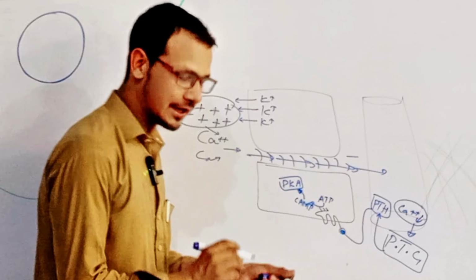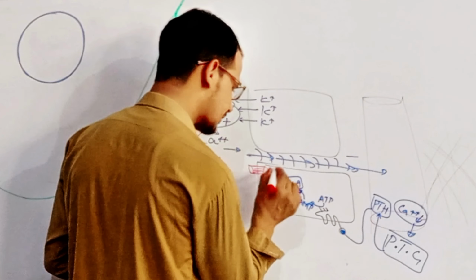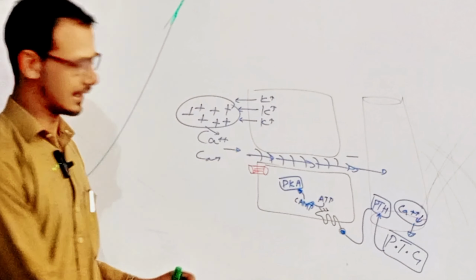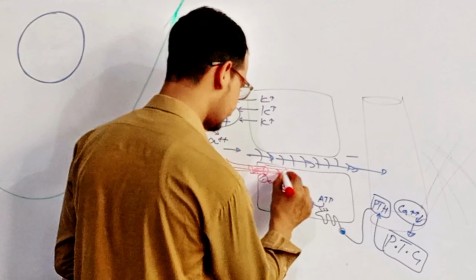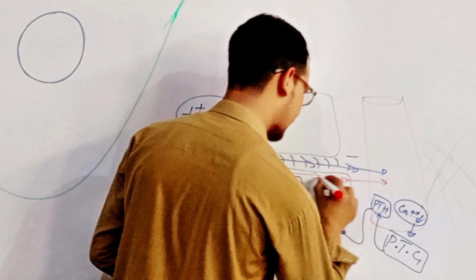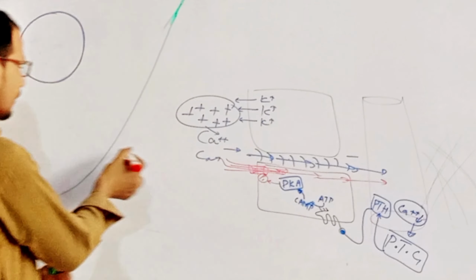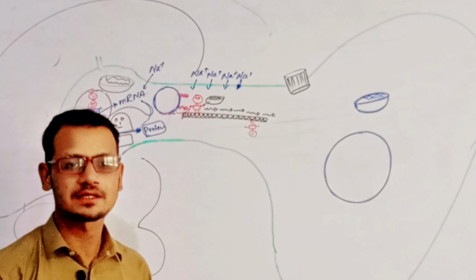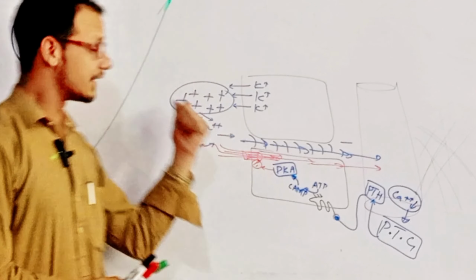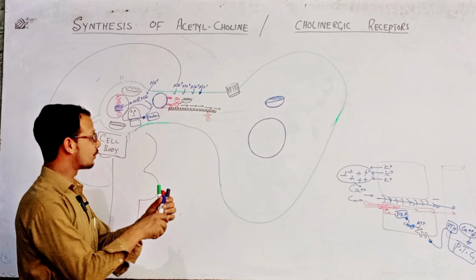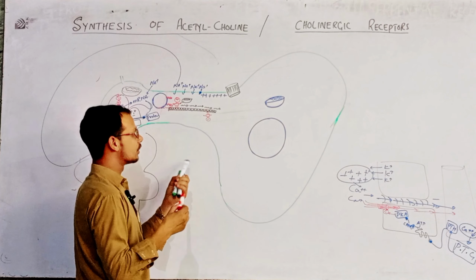activates protein kinase A. And what is the function of this protein kinase A? The phosphorylation of calcium channels. I have discussed this topic. When the calcium channel is phosphorylated, the calcium goes to blood transcellularly. This is paracellular transport and this is transcellular transport. These are ligand-gated channels, and these are voltage-gated channels. So when voltage is provided to this calcium channel, the calcium goes